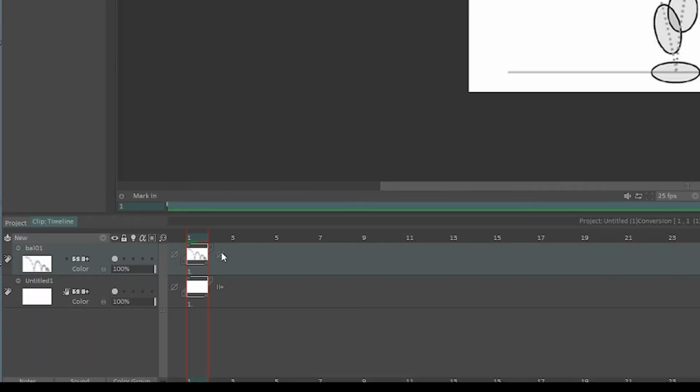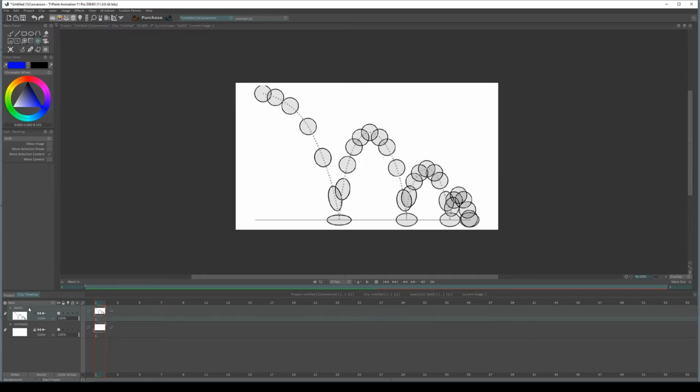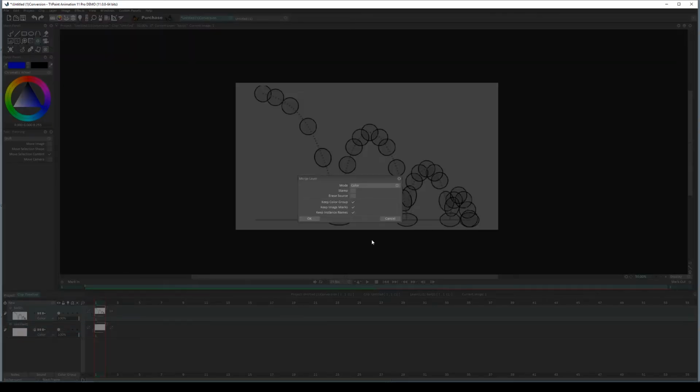If you see this little icon down here, if you click on that, it says none. Because this is a background, I want it to hold and be there at all times. For my actual frames that I'm going to draw, they need to be none, because I want each individual frame to be different. I'm now going to put that in the background, so I'm going to drag,